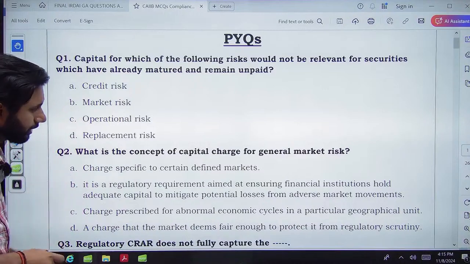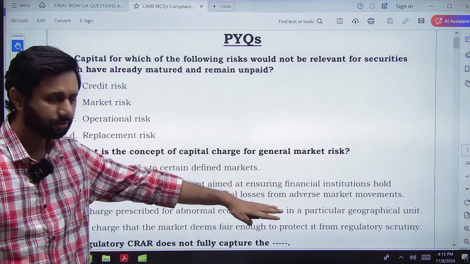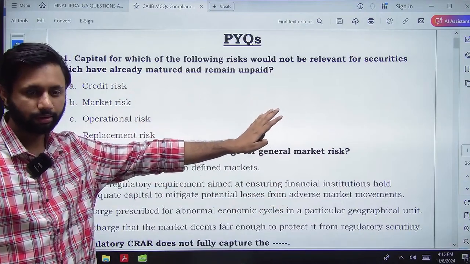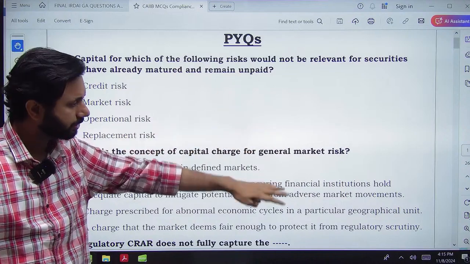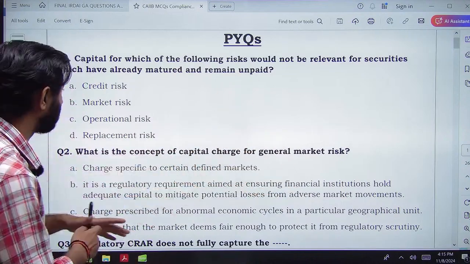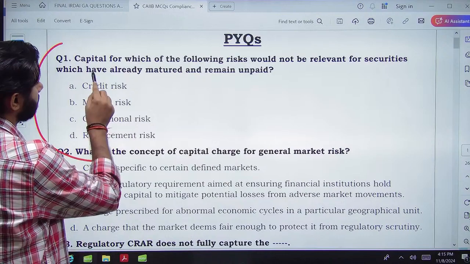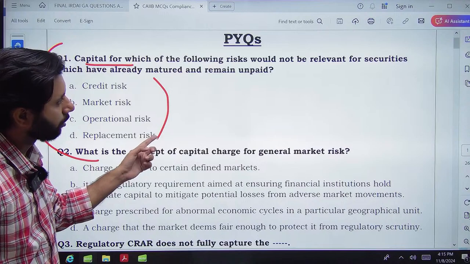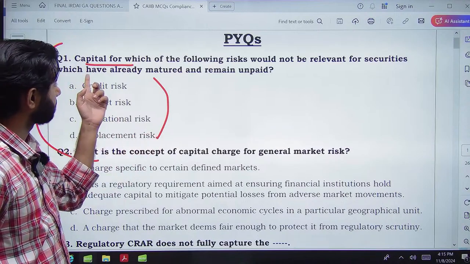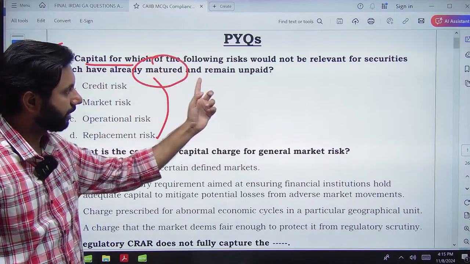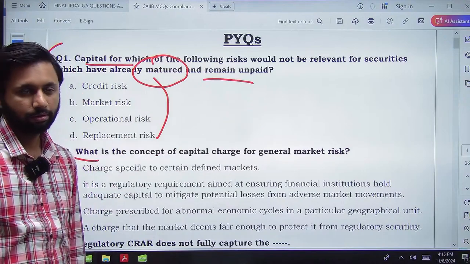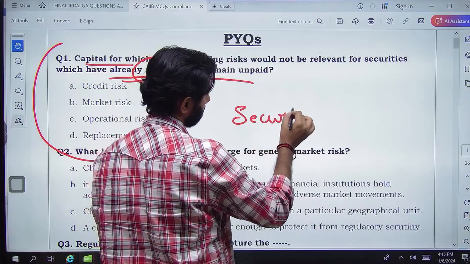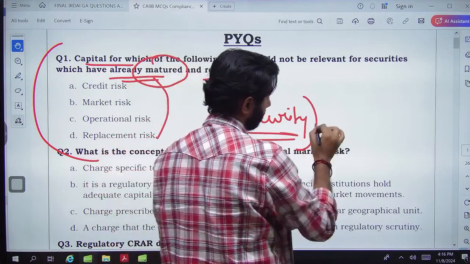As all of you can see, depending upon the questions that we'll be doing, they mostly prefer direct questions primarily. So direct questions will be easy for you. The first question is specifically asking you which of the following risks the capital would not be relevant for, for securities which have already matured and remain unpaid. So this is a critical condition associated with a security, particularly let's say a debt security